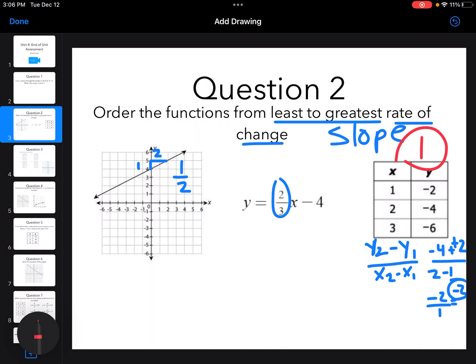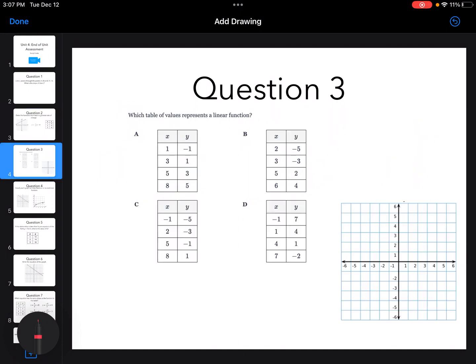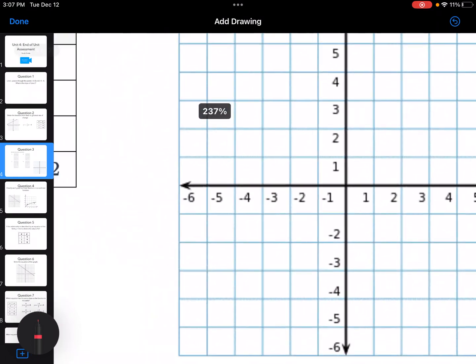Thank you. This is going to be your second because it's a half, and this is your third because 2/3 is the largest. All right, for this next one, it says which table is a linear function. So I'm going to plot these points. So 1, negative 1,